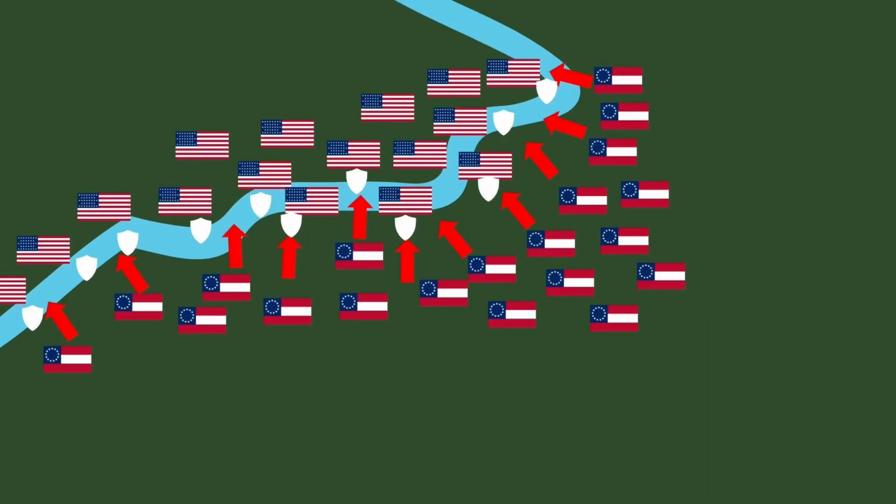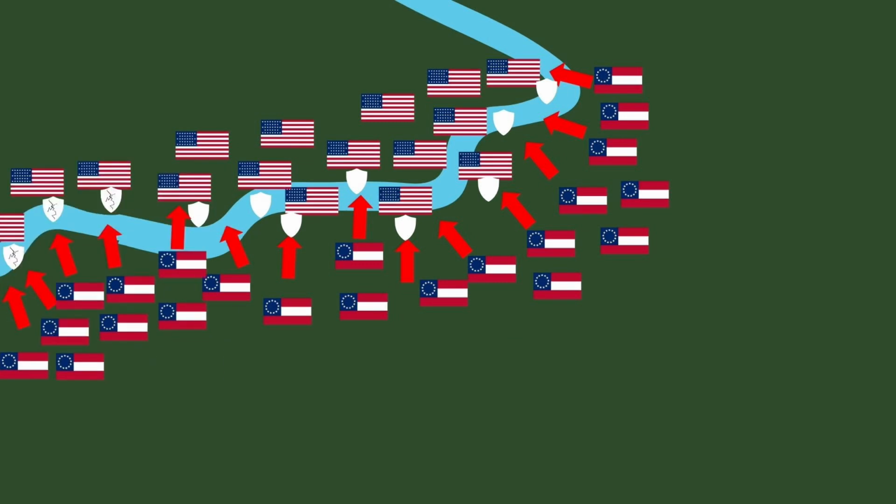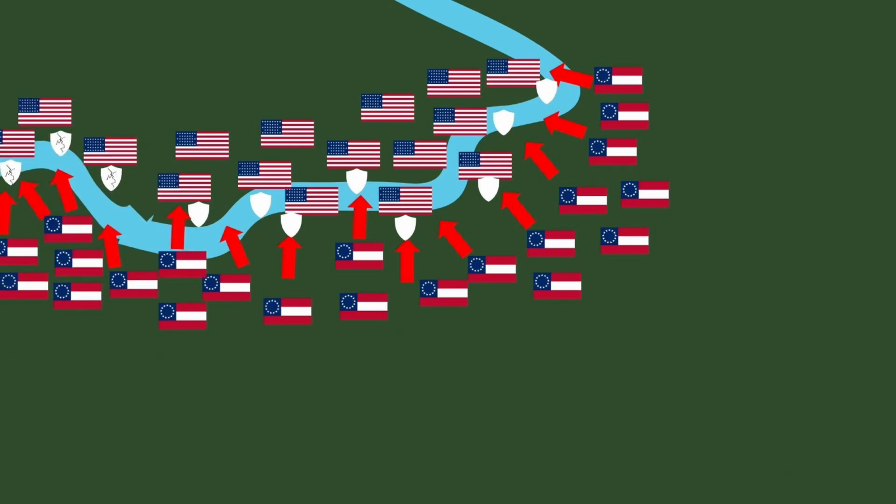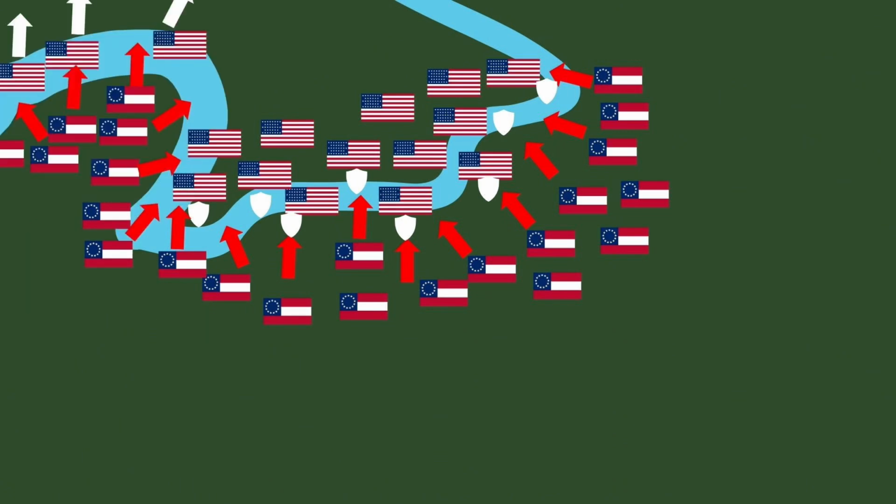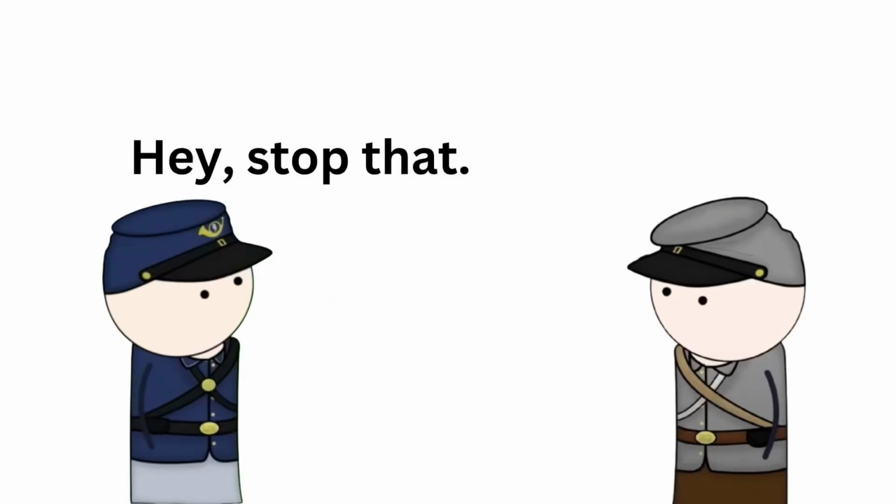The Confederate soldiers decided to put pressure on the Union's right flank. This attack was successful, and the Union was being pushed back on the right flank. With now little to no resistance on the right flank, the Confederacy was able to push deeper and deeper into the front line. Now, the Union's next plan of action would probably be to counteract this move.